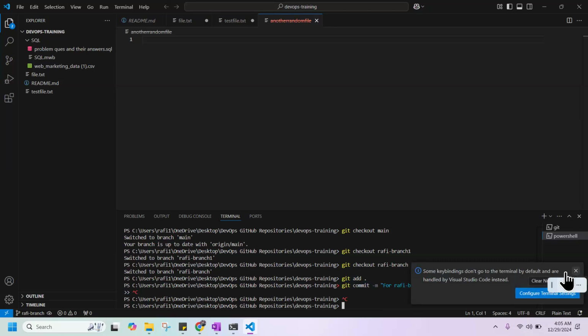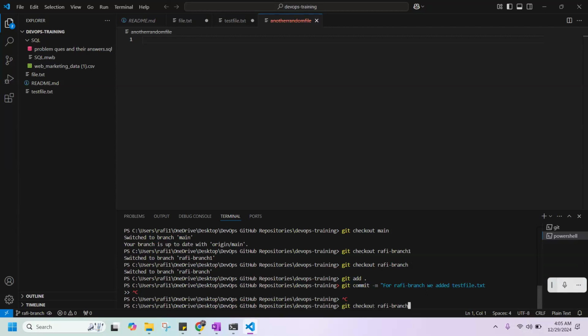Yeah, press X here, and you can go to your previous command by using the up arrow button on your keyboard, right? It will give you the same command. No, this is not it. You can copy it if it is not reflecting.